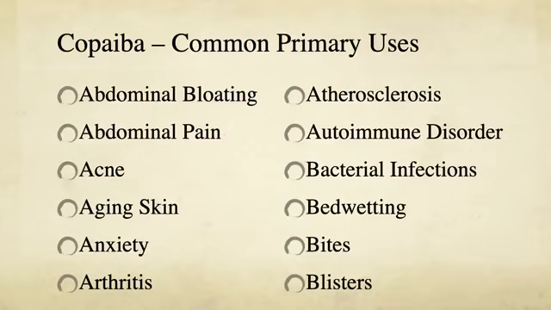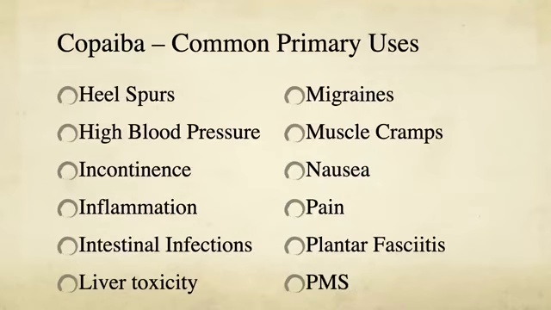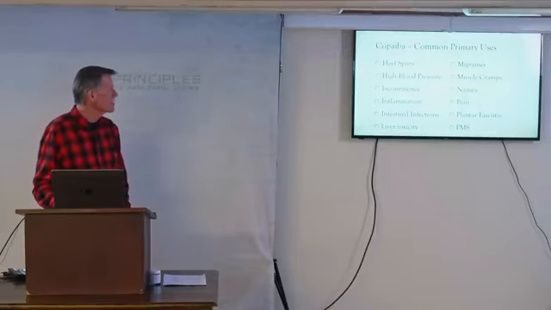Acne, aged skin, anxiety, arthritis, atherosclerosis, clogged arteries, autoimmune disorders, bacterial infections, bedwetting, bites, blisters, bruising, burns, cancer, colitis, collagen production, dry hair, dry skin, eczema, endometriosis, fungal infections, gout, heel spurs. Now, the best thing I found for heel spurs is about 1,000 to 1,200 milligrams of